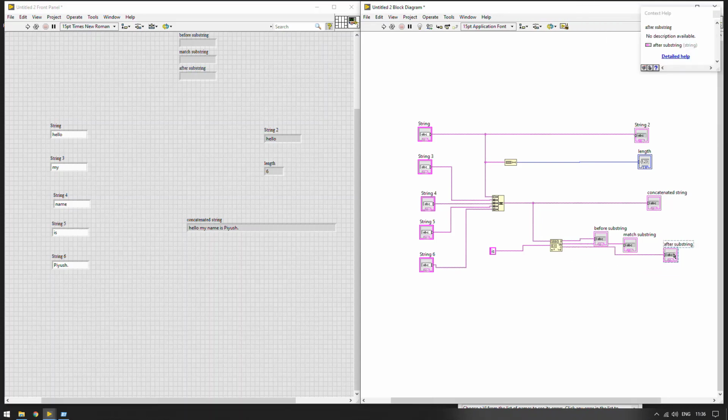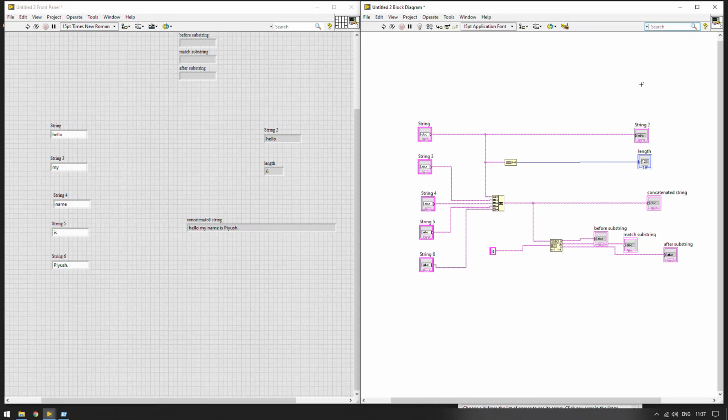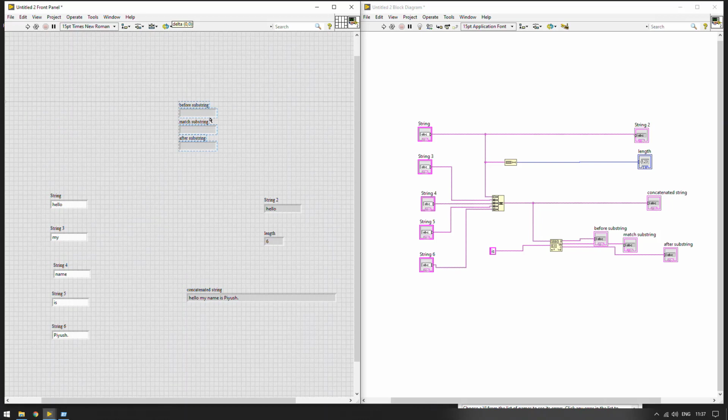So now we have created our program which can take this sentence as input and can give us output like this. Let us go ahead and run this program after expanding these values, and let us see what happens.